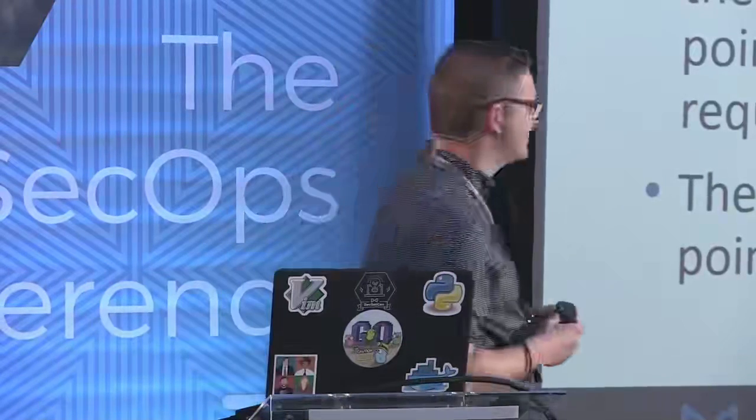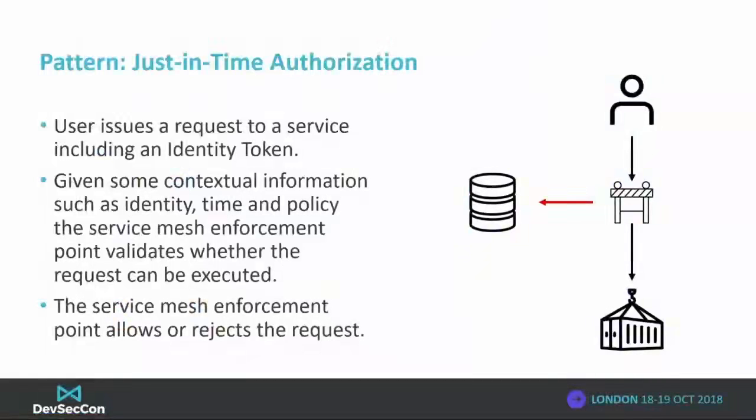So just-in-time authorization is slightly different and slightly newer in some respects and is now being favored, and you'll see a lot of it in the Google stack. This is where, instead of a user requiring an upfront decision about whether they can access a service or not, based on their identity, the service mesh will make a just-in-time decision. So assuming a user is authenticated previously, as we saw on a previous slide, they will provide their identity token each time they make a request.